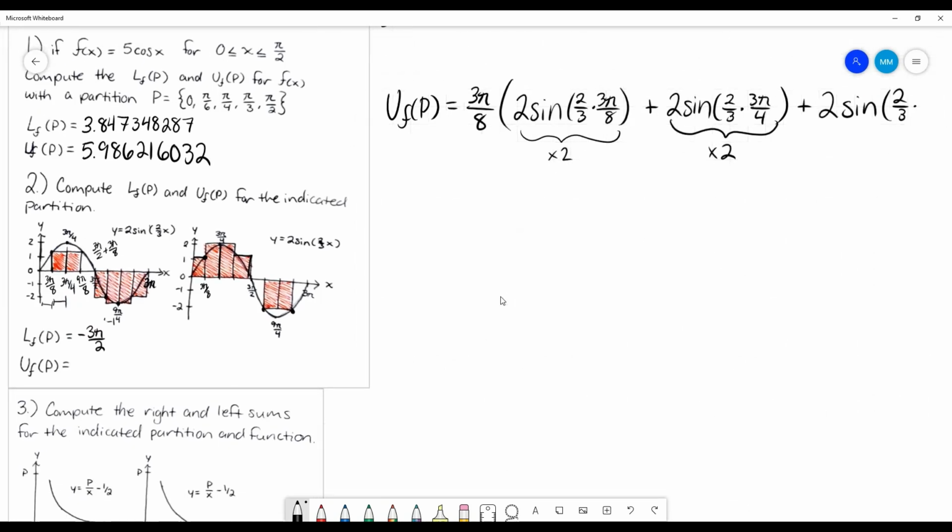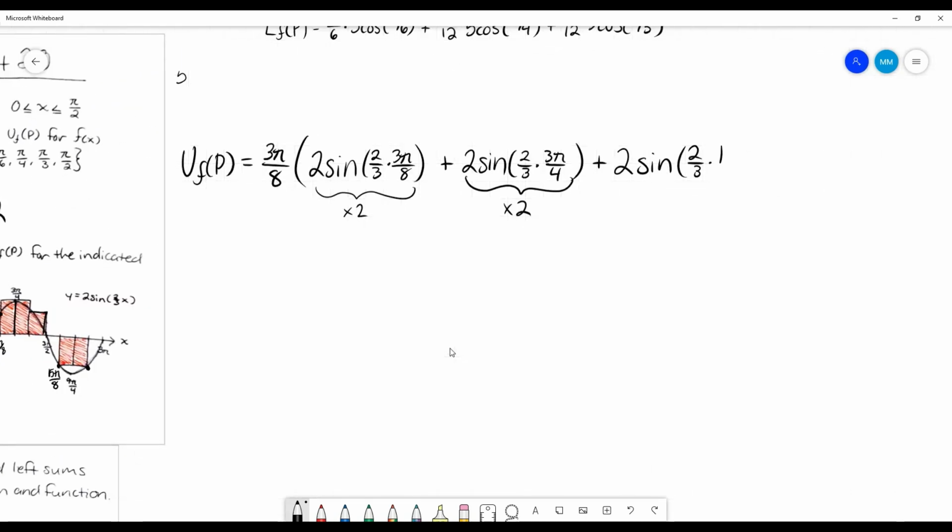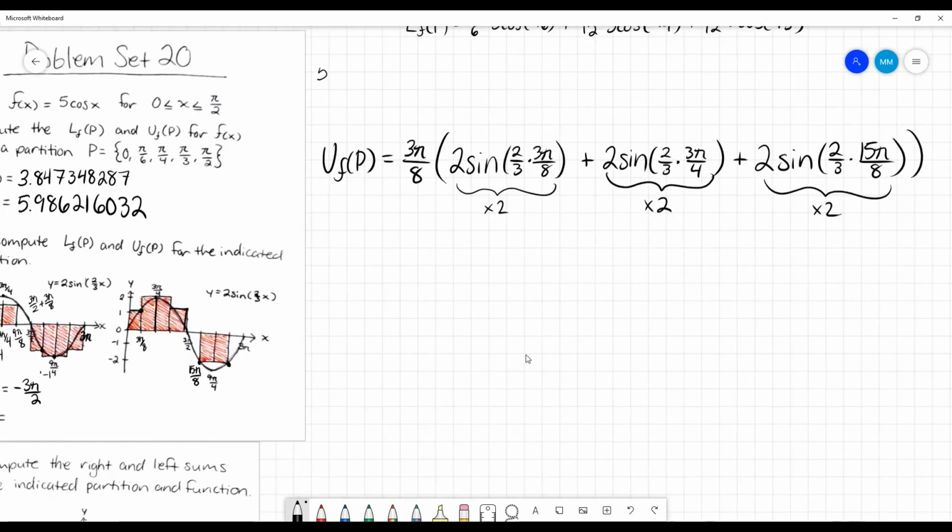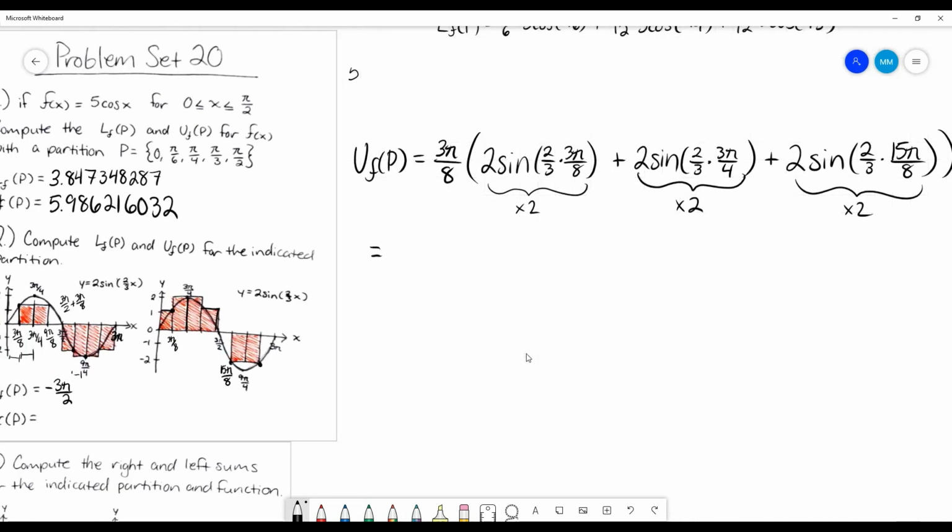So now we need to identify this. I remember I said this was 15 pi over 8, I think. Yeah, it was 15 pi over 8, so I can plug that in. 15 pi over 8. And then, of course, double it. And now we just work with this. So it's 3 pi over 8 times 4 sine of, it's going to be 6 pi over 24 again, or just pi over 4,